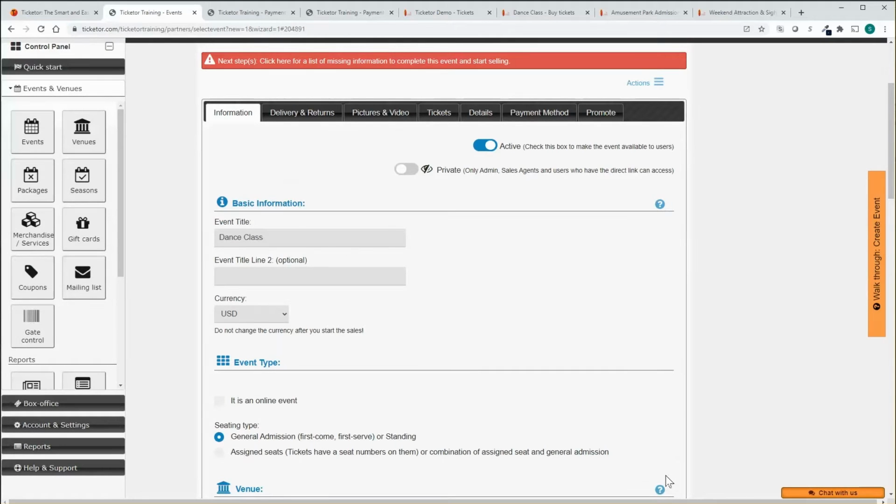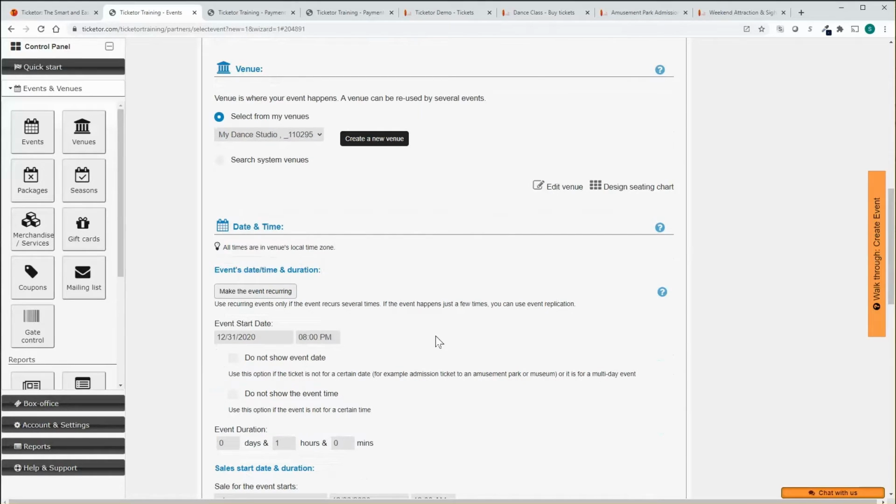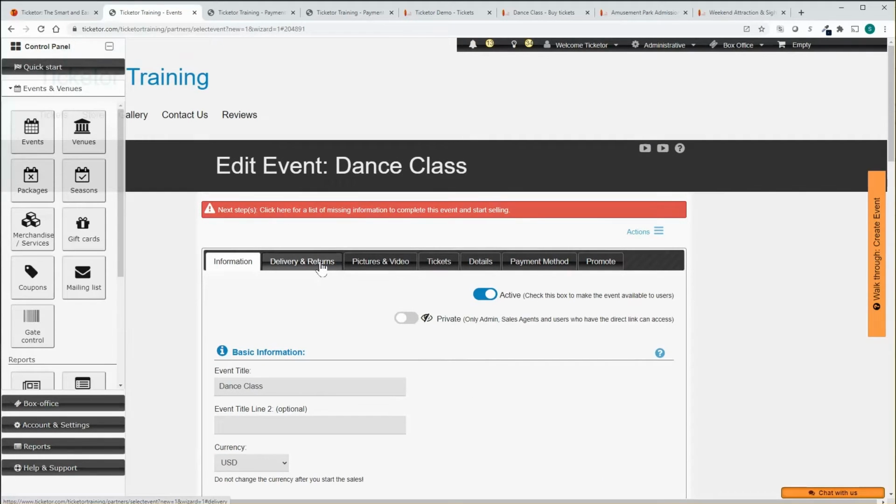There are lots of settings and configurations that allow you to customize the event. Complete the event by adding the event description, fine-tune the settings, add your flyer and video. You can also set the event sales start and end date and time, set the event to recurring and set the schedule, specify what delivery methods are available for the event,